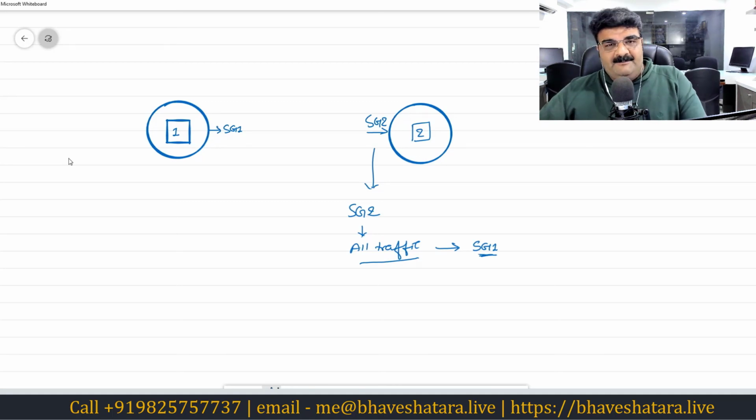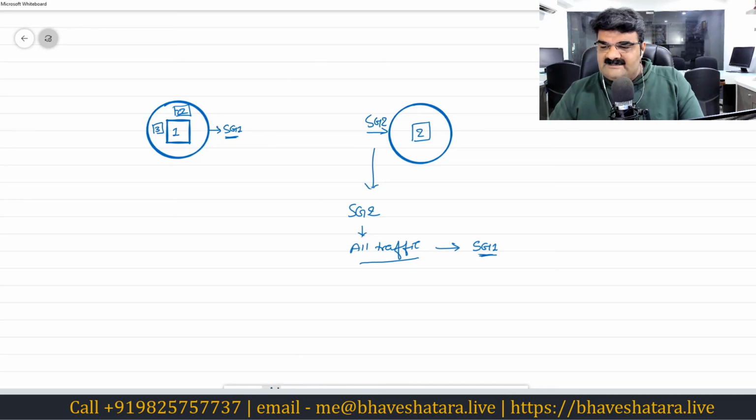Now suppose I create two new instances, like 2 and 3. One security group can be used to protect more than one EC2 instance. So now these two new instances are also part of the SG1 security group. So they can also access this particular EC2 instance. Let me give them the names 22 and 3. So 22 and 3 can also access this particular instance 2, because in the SG2 security group you just assigned SG1 as a source.